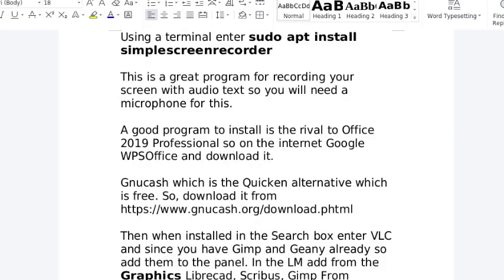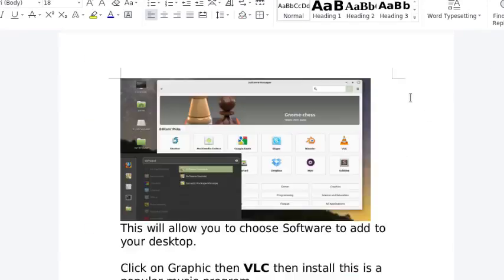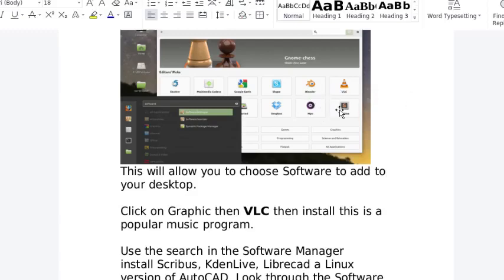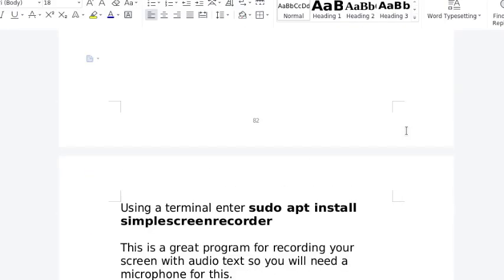A good program to install is the rival to Office 365 Professional. So on the internet, Google WPS Office and download it. GnuCash is a quick alternative which is free. So download it from gnucash.org. It may be in the software manager, which is this page. You look in various categories like programming or scripts for it. I've not actually noticed it myself, but anyway,